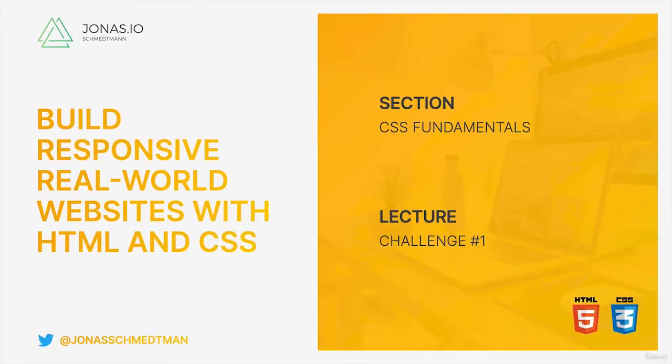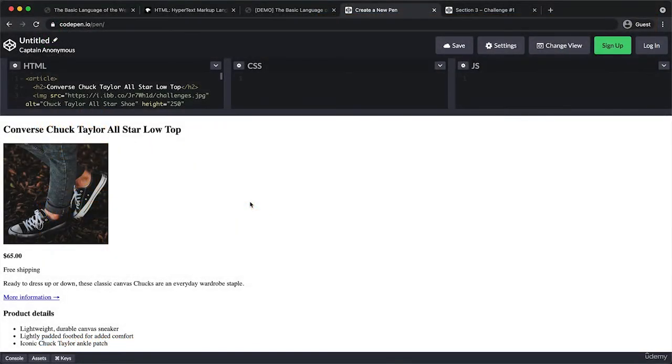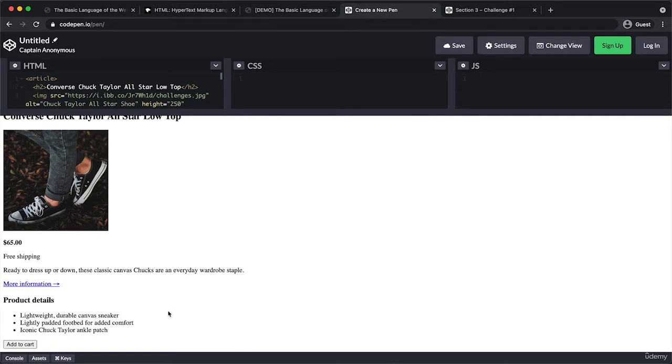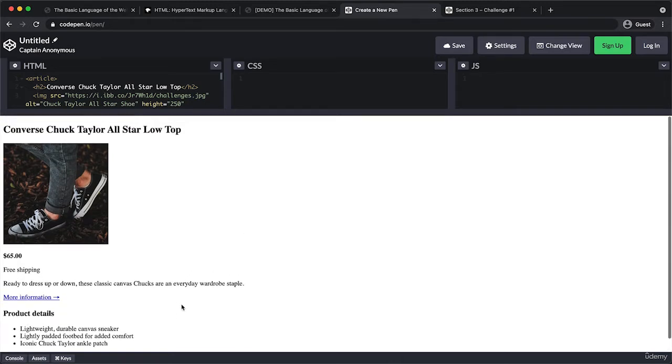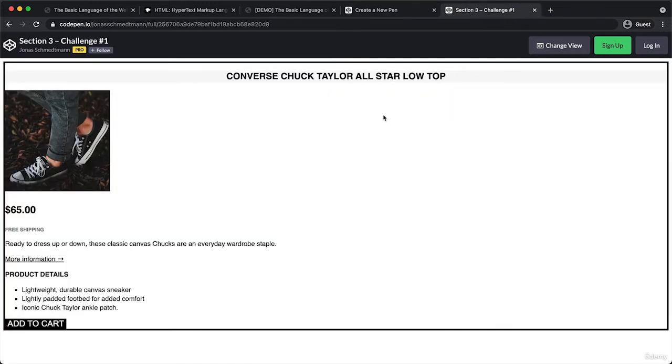It's good to have you back and to welcome you to your very first challenge of this section. And in this one, we will continue building on the code that we already built in the HTML fundamentals section. So after our first big challenge, we ended up with this code. So with this project here, remember? And so what I want you to do now is to build on this project in order to achieve this,